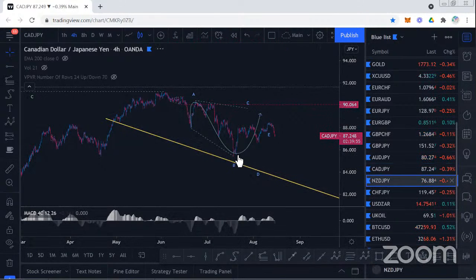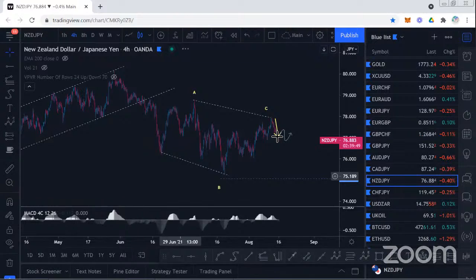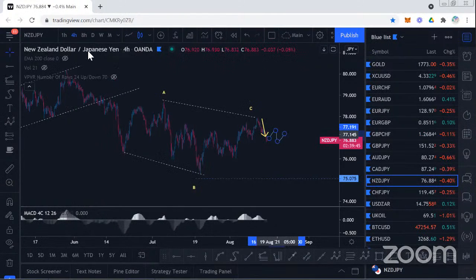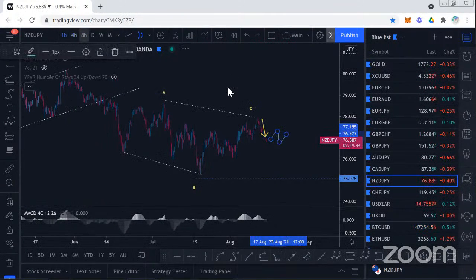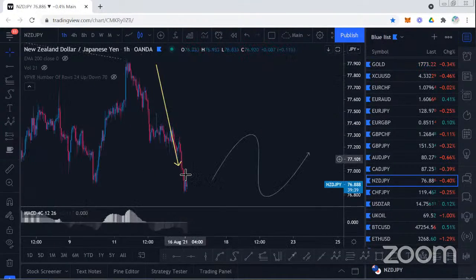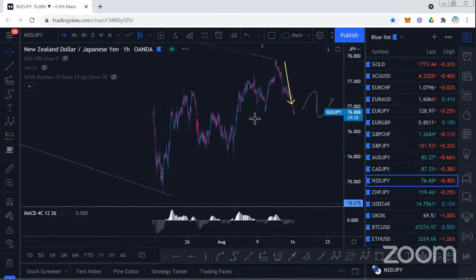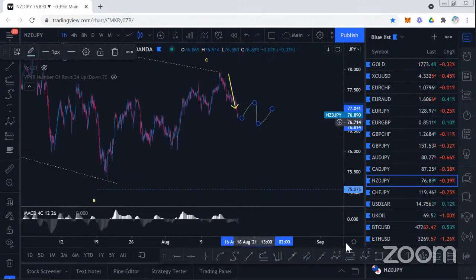New Zealand dollar yen actually has a decent structure. So New Zealand dollar yen is much better than Aussie yen as well. Entry order below the lows is valid. And like we said, we're still waiting for this little corrective structure here, and we can get into this trade a little bit earlier. I still like the trade. There was a little bit of a flag type structure here for a brave trade. But I'm more inclined to wait for something more defined to get into that short. Otherwise, entry order below the lows.